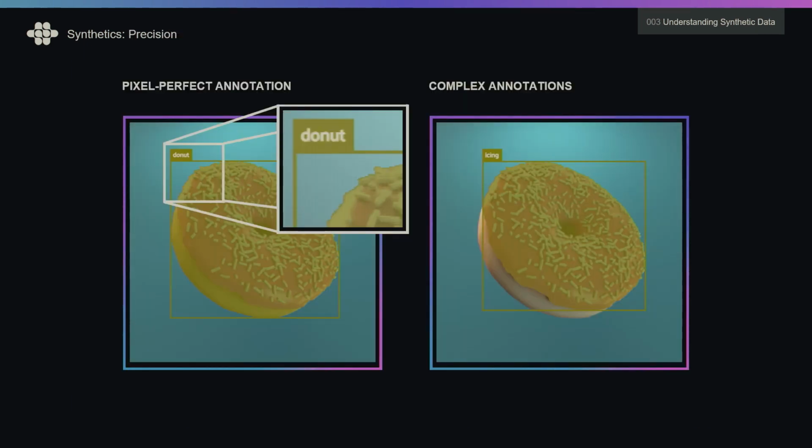So back to donuts. As I mentioned before, the benefits of having a programmatic approach to ground truth generation can be represented in these two images where we've overlaid the COCO JSON on top of the image. This is just using a Python library called FiftyOne, which is super handy. On the left, pixel perfect annotations. You can see down to the individual sprinkle. We have a very, very accurate and consistent segmentation mask, and then complex annotations where we are isolating the icing